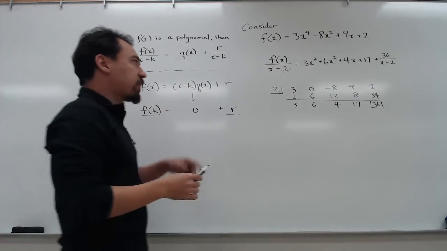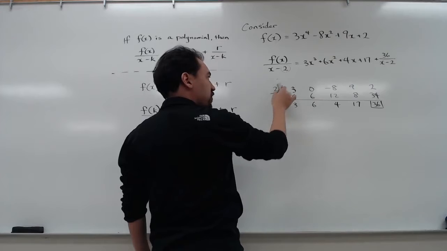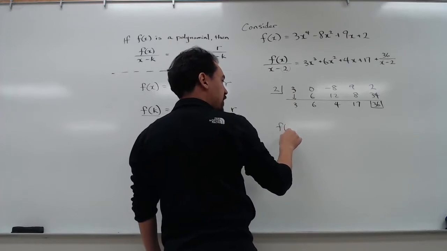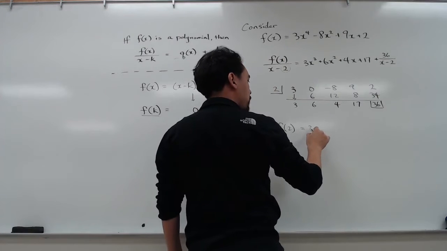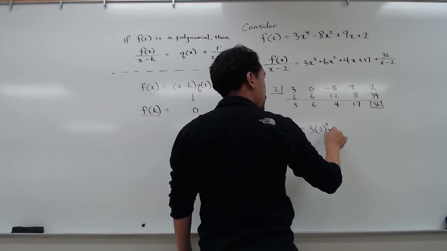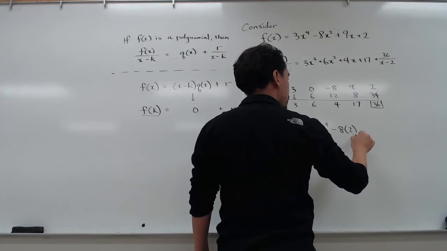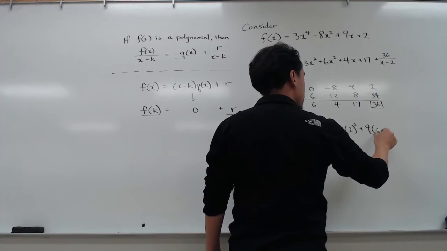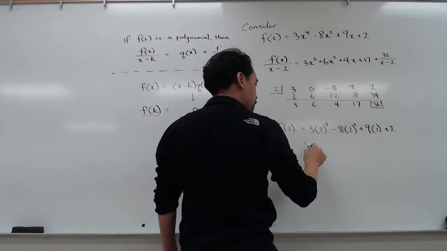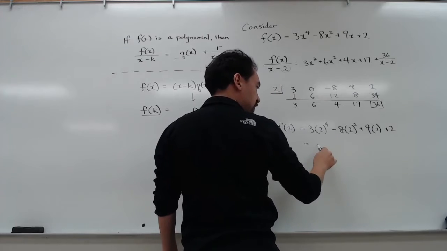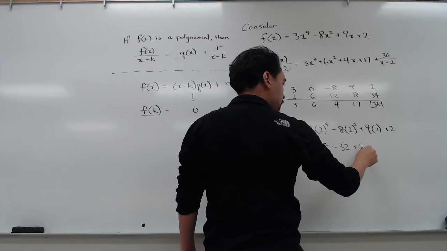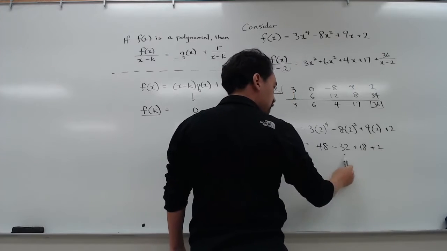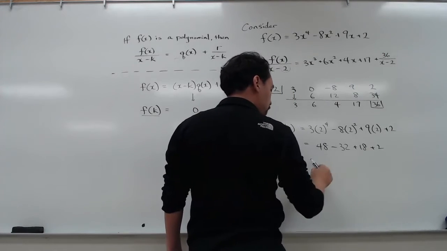Okay, well, let's try that over here. So k right here is going to be 2. So I'm going to say, what if I take the number 2 and plug it into f of x? So that would become 3 times 2 to the 4th power minus 8 times 2 squared plus 9 times 2 plus 2, which is going to come out to 3 times, that's 16, so that's 48, minus, that's 8 times 2 is 32, and then plus 18 plus 2. So this gives me 16 plus 18 is 34, plus 2 is indeed